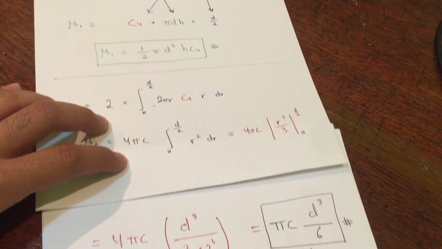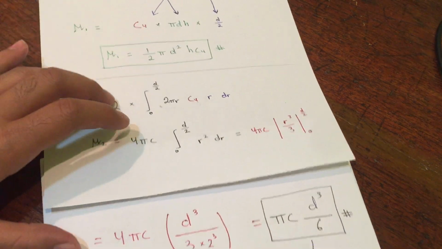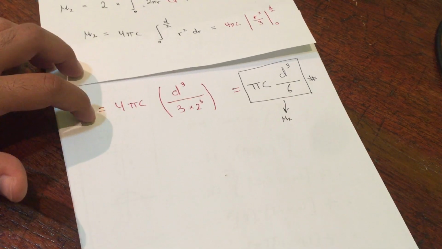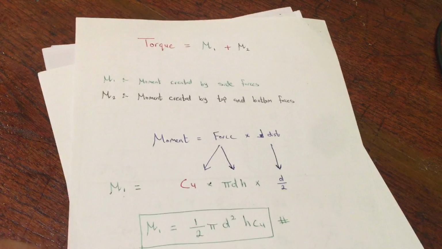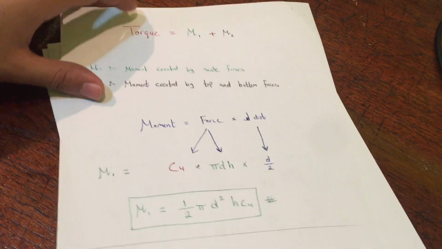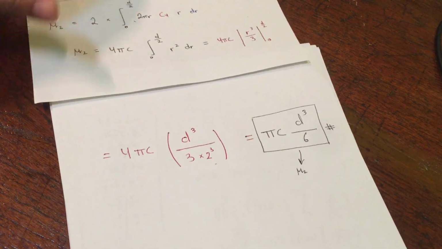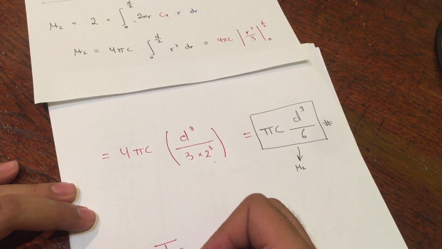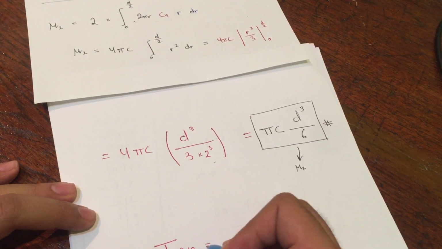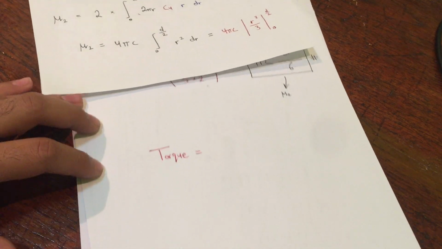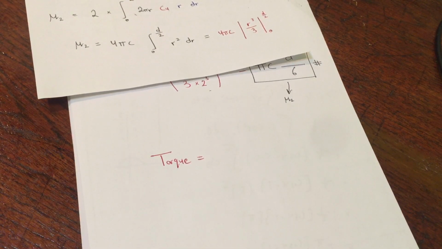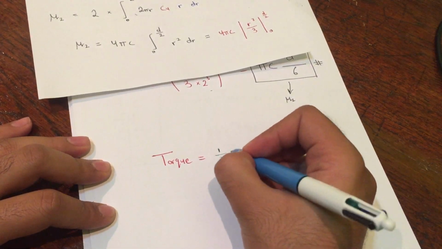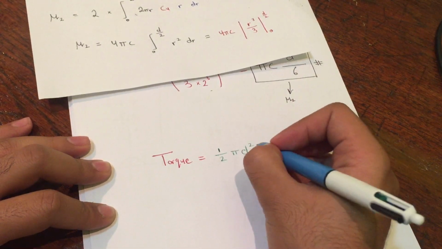Now when I have a look at moment 1 and moment 2, I'll be starting by going back to the main equation, which is the torque. So now I'll write here my torque equal to moment 1, which is half pi d squared h